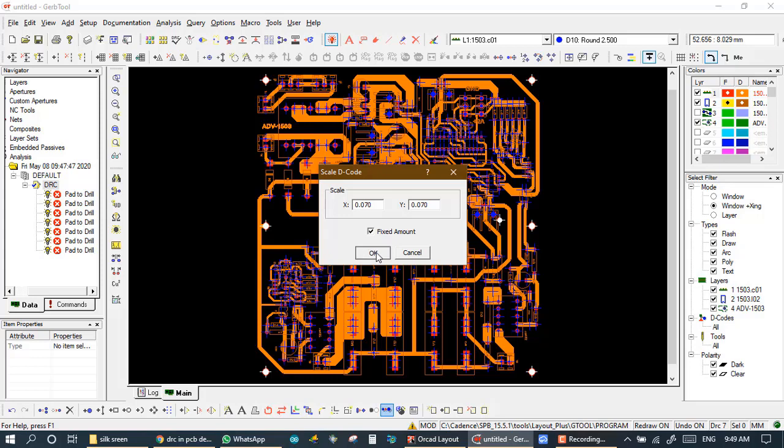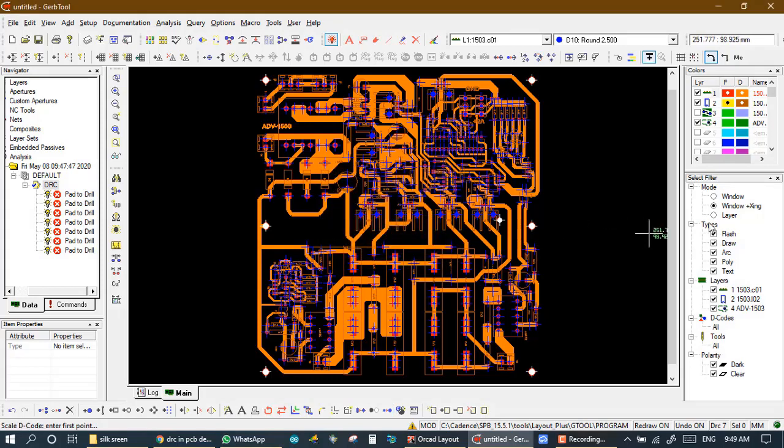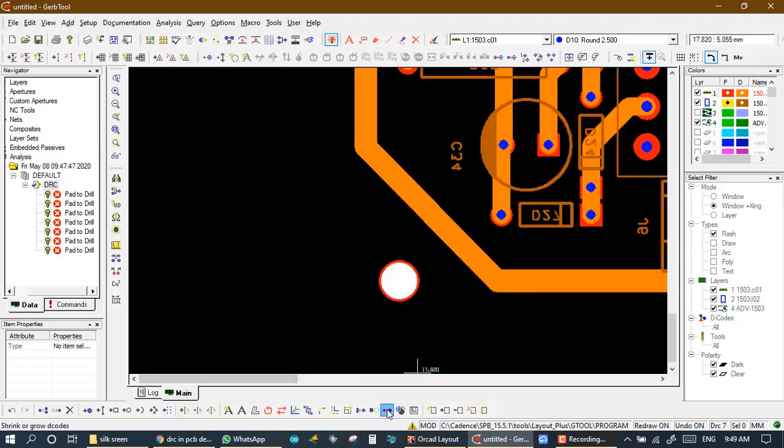Okay, and we want to increase the flash, so we first turn off all and turn on flash. Now I maximize it. Take decode, enter, and I add 2 times.